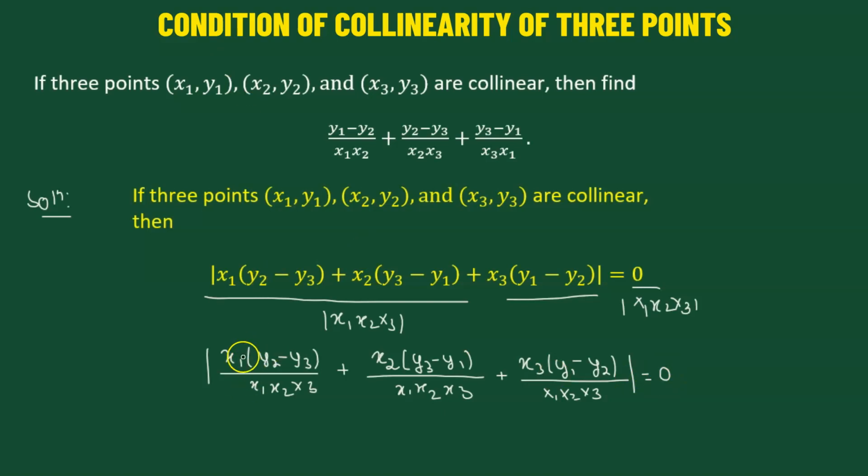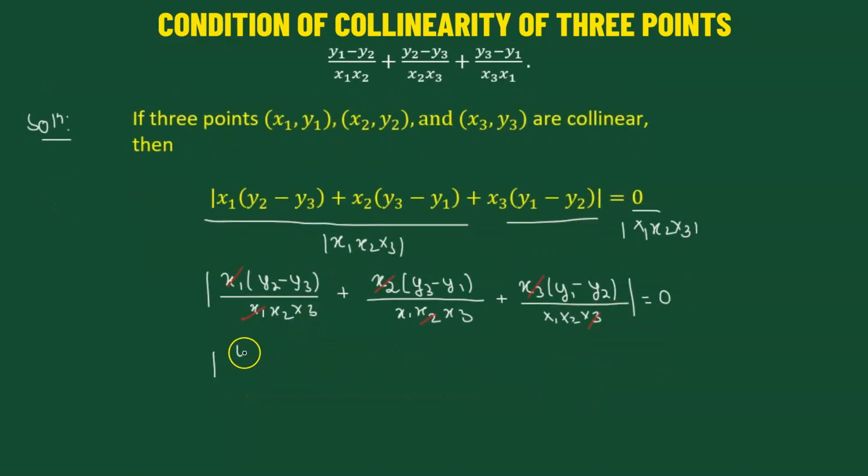Now we can factor out x1 from the numerator and the denominator for the first term. For the second term we can factor out x2, and for the third term we can factor out x3. Now when we rewrite this, we have the absolute value of (y2 minus y3) divided by x2 times x3 plus (y2 minus y1) divided by x3 times x1 added to (y1 minus y2) divided by x1 times x2,